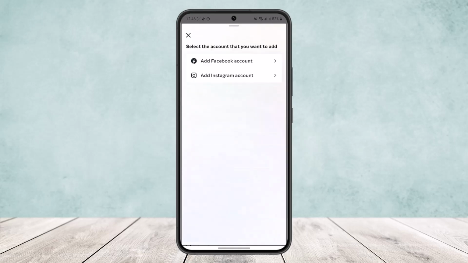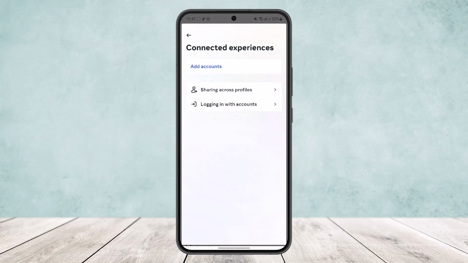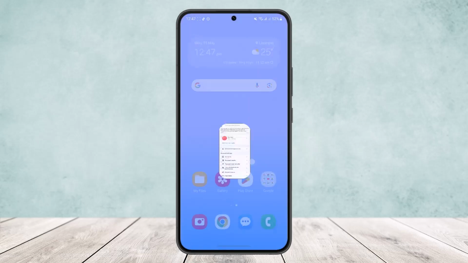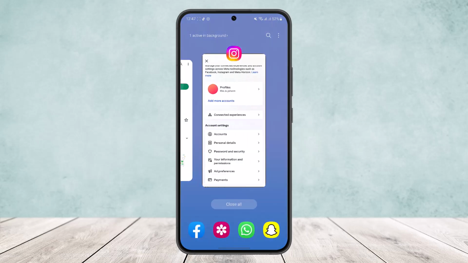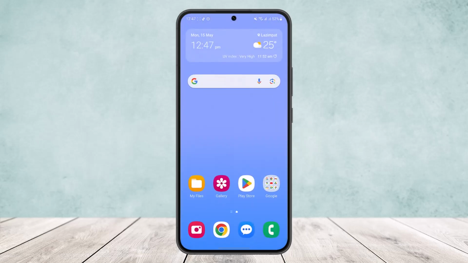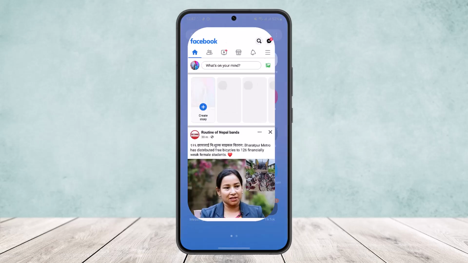Now you can see the option to add Facebook account or add another Instagram account. Simply tap on add Facebook account, then add in your Facebook account and link your Facebook account with the Instagram account. Once you do this, simply open up the Facebook app here, head into your Facebook app, you can see,